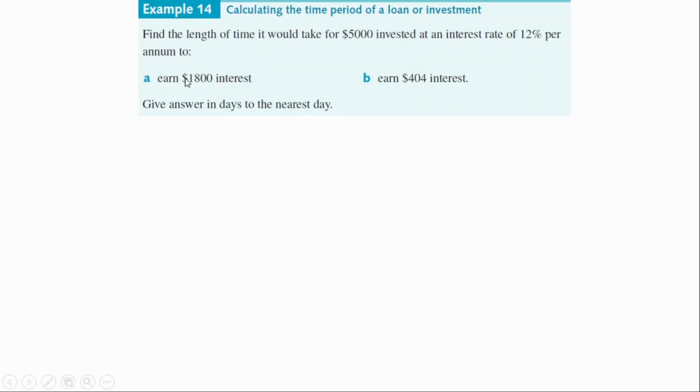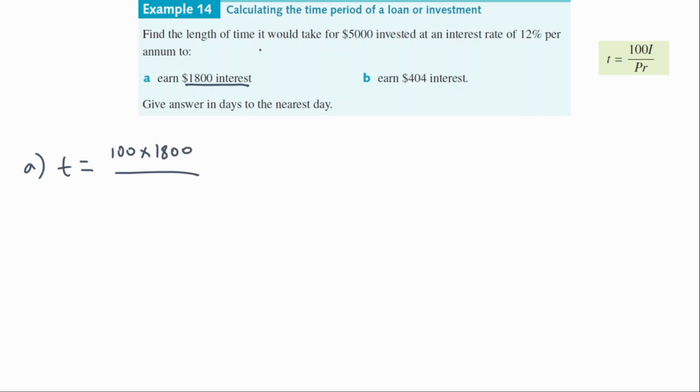So with this question, find the length of time it would take for $5,000 invested at an interest rate of 12% per annum to earn, firstly, $1,800 in interest. Alright, so there's our formula again on the top right. So we're looking for T this time in years. So T is going to be 100 times, we're trying to earn $1,800 in interest. We're going to replace I with 1,800